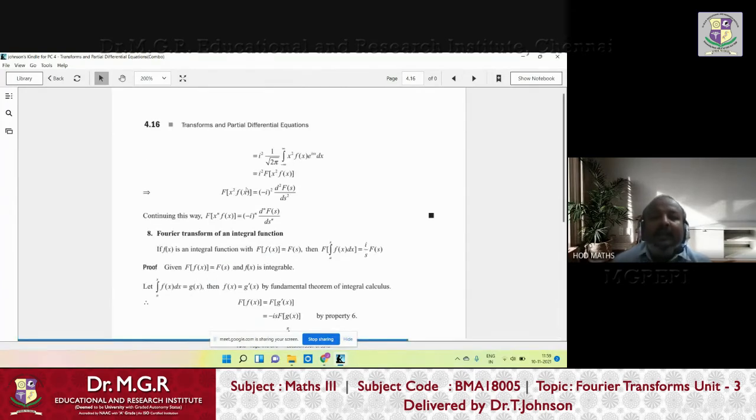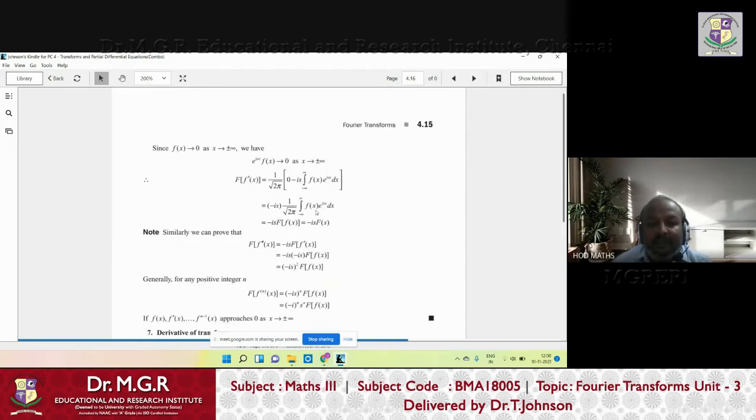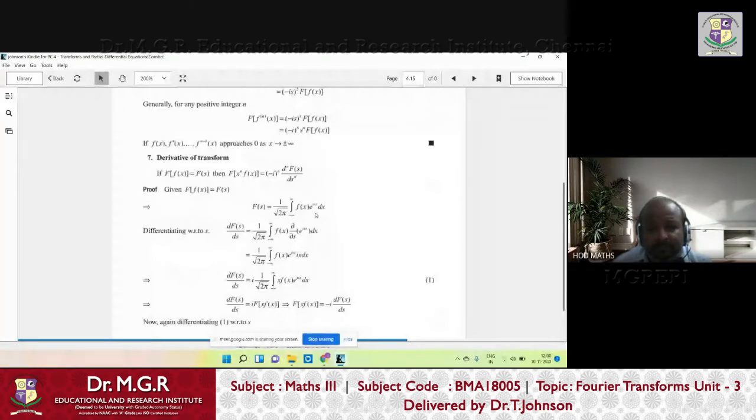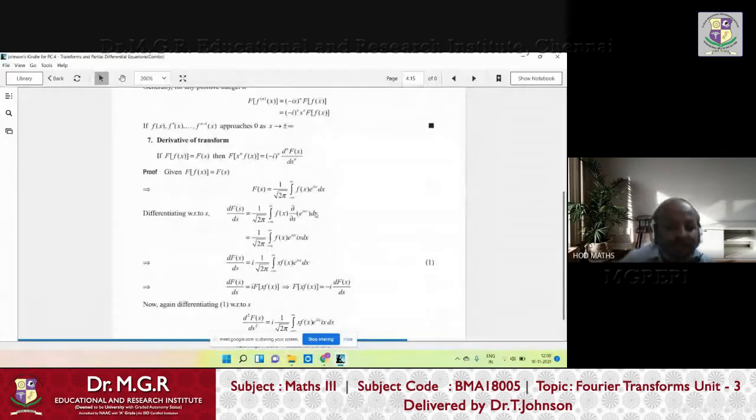So in that case, what will happen? Again the same idea, right? i becomes i square, and x into x becomes x square. Now this can be written as Fourier transform of x square f of x, right? But don't forget one simple thing. Whenever i is written on the other side, if it is written with f of x, it is positive. But if it goes to the other side, then it becomes negative. How? Because if i goes to the other side, it becomes 1 by i.